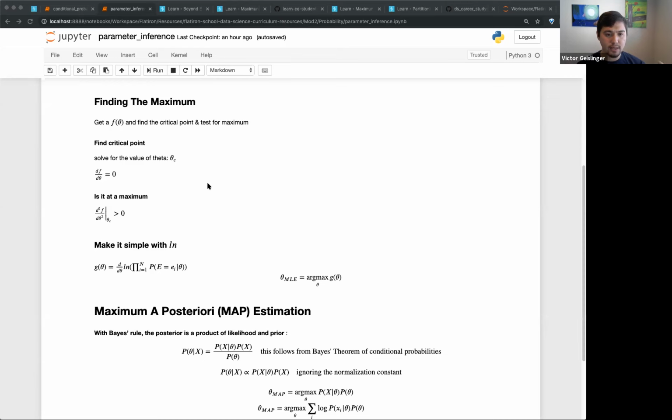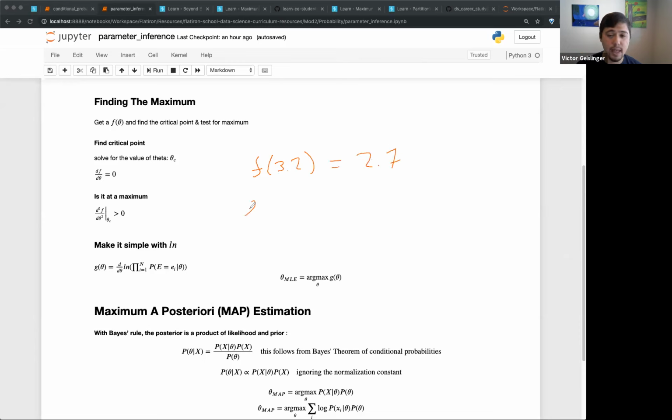Because if we do a transformation with log, it's still going to have the same position of theta. It will have a different value, the log of this function versus the function. Let's say the maximum is at, I'm just making up a number, 3.2. We put 3.2 into the function, and f of 3.2 is not going to equal the log of f. Let's say f of 3.2 gives us 2.7.